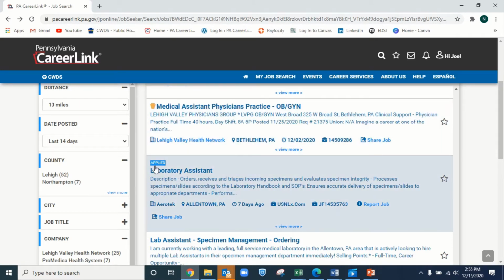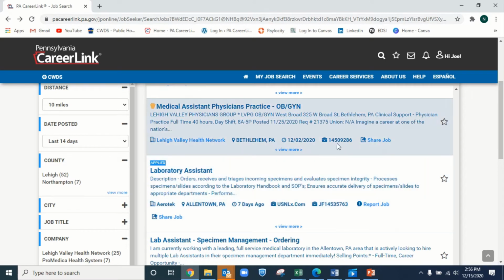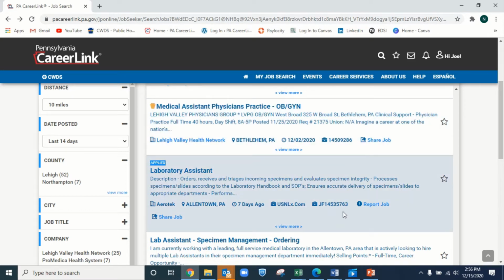First and foremost, there is no Keystone symbol next to the title. We know it's not a PA CareerLink job. There's also the source here, which is what we saw earlier in our filters. We have this little website link, and more importantly, we have this ID number where it has JF in front of it for job feed. You can see up in the PA CareerLink job here, there is no JF, it's simply just the number. So that's a couple different ways to know which is a job feed job and which is a PA CareerLink